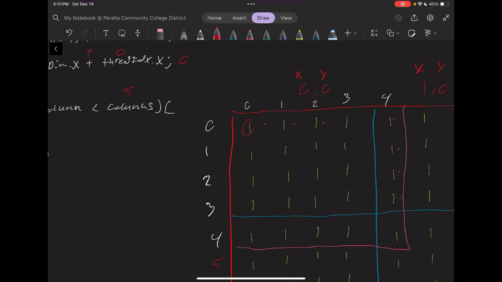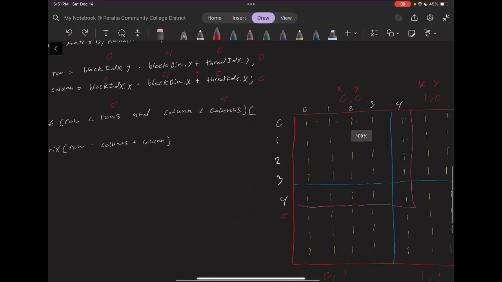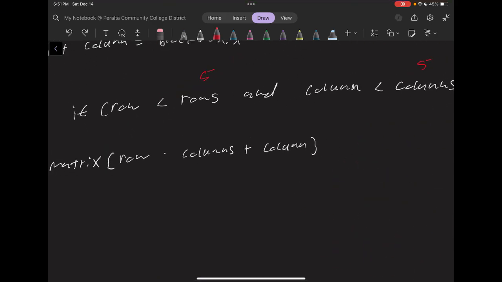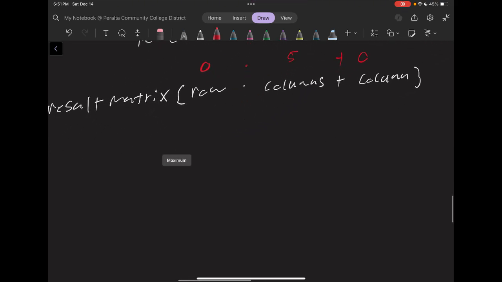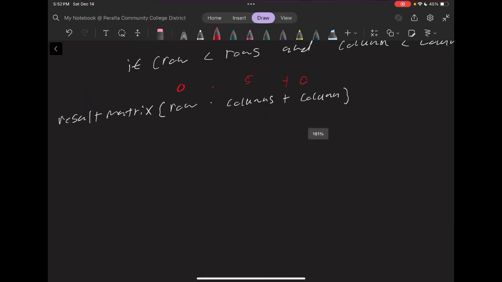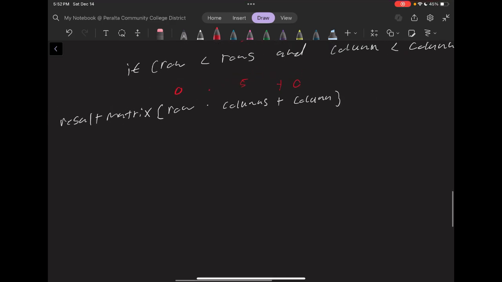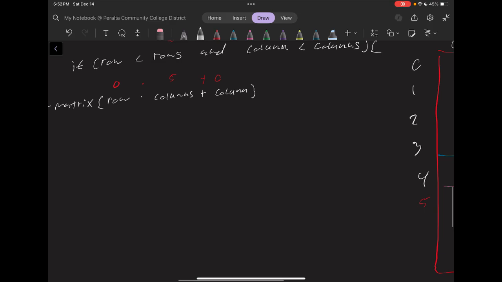So this thread index is going to be doing just the first calculation. So this is also going to be here. This is going to be 0 times 5 plus 0. So remember, this is a 1D array or 1D vector, and we're just treating it as a 2D matrix. So result matrix at position 0 is going to be equal to